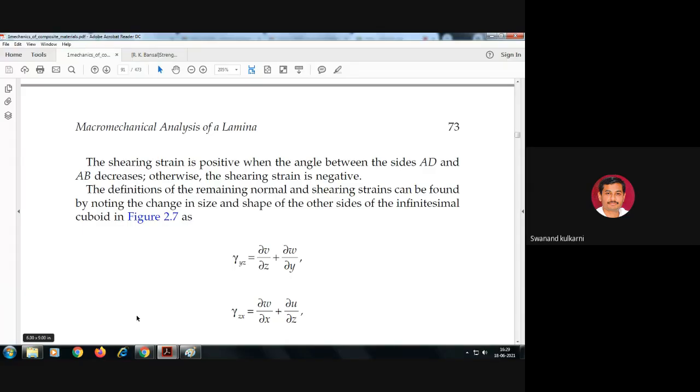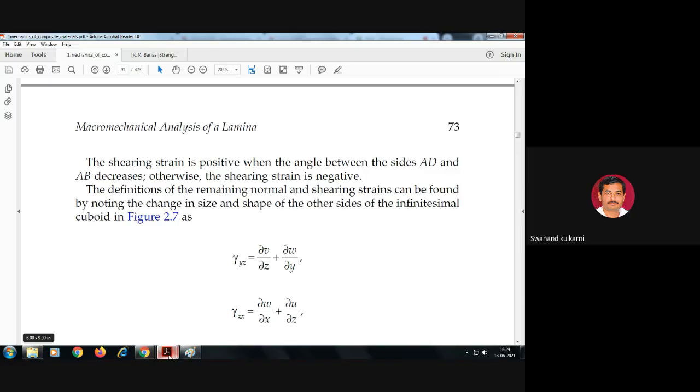These different nominations we are going to give for these materials, and mathematically how these relate with each other as far as the different properties, stress, and strains are concerned, and how this follows Hooke's law. That part is very interesting in macromechanical analysis of a lamina, because up till now during the last lecture